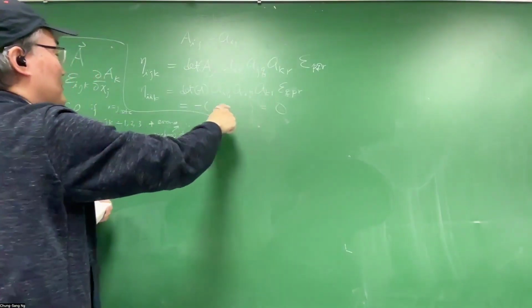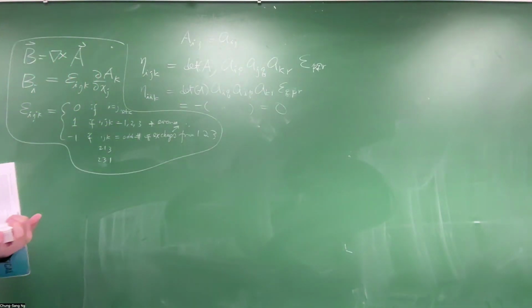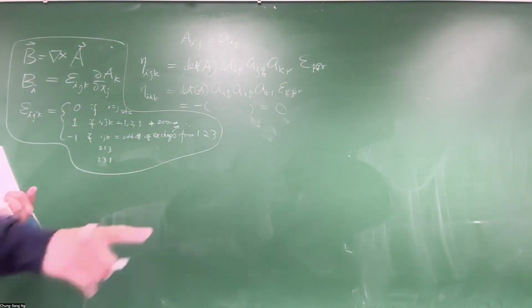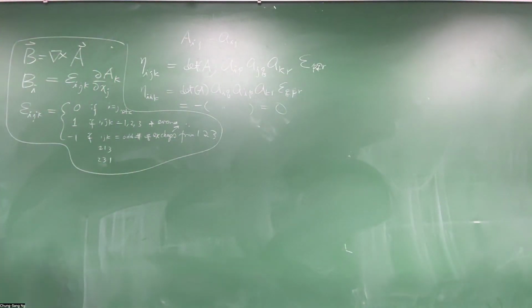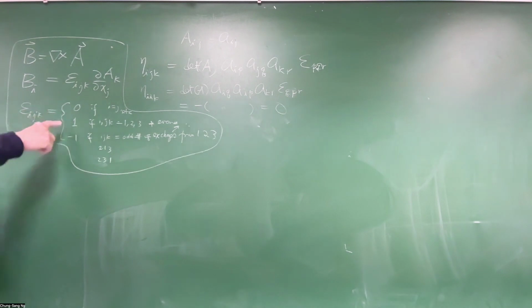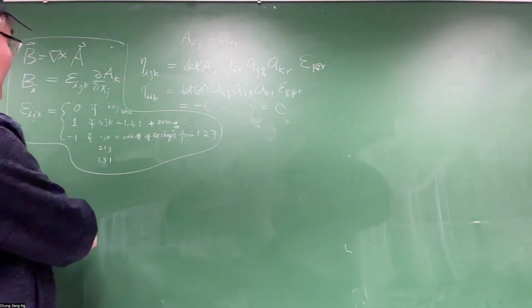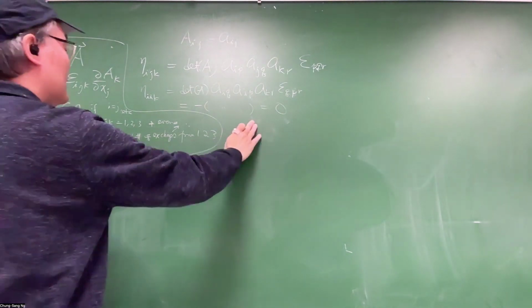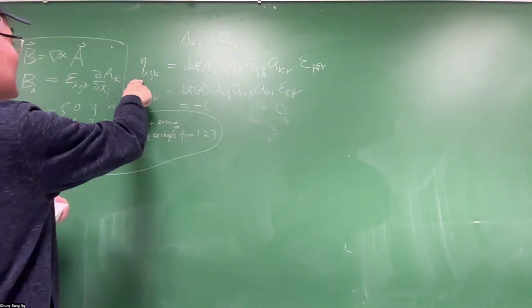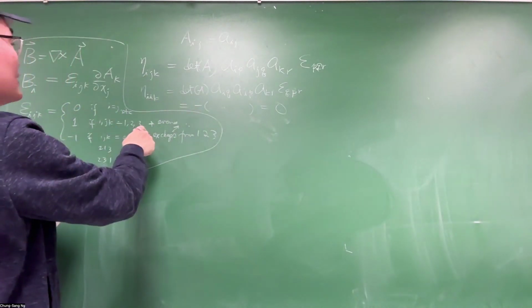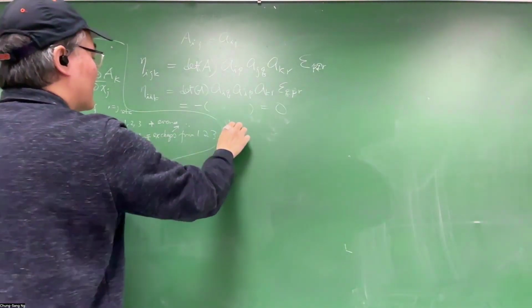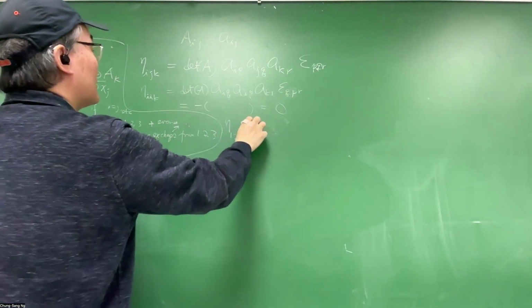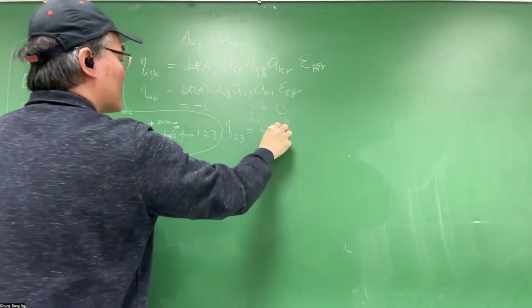This equation will make sure that it must be zero. It's okay because you have this epsilon over here, right? So we satisfy the first one, right? Now, if you have this ijk equals 1, 2, 3, right? We just stay with that. So a 1, 2, 3 will be the determinant of a